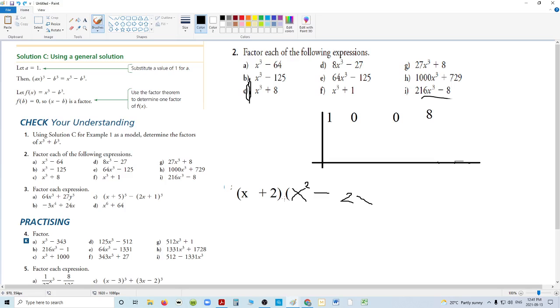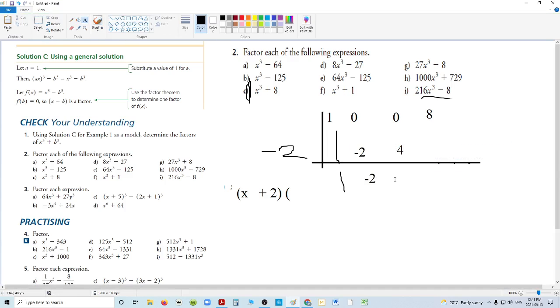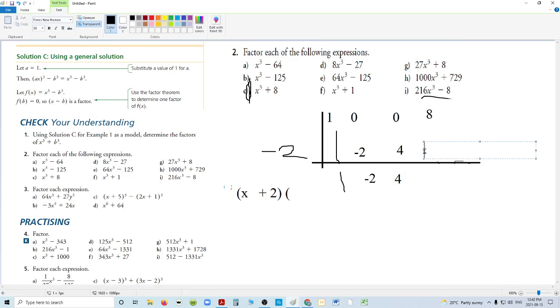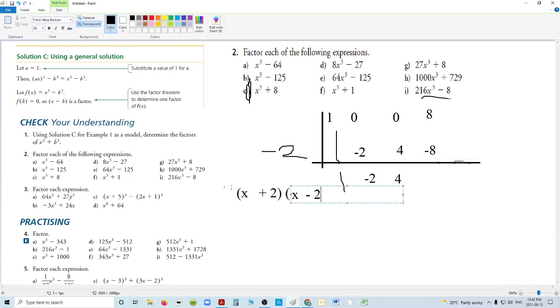So what's the root of x plus 2? It's minus 2. Bring down the 1. Multiplied by minus 2, we get minus 2. Add it to 0, we get minus 2. Multiply that by minus 2, we get 4. Add that to 0, we get 4. Multiplied by minus 2, we get minus 8. The 8's cancel out. And sure enough, we're left with, as expected, x squared minus 2x plus 4, which is